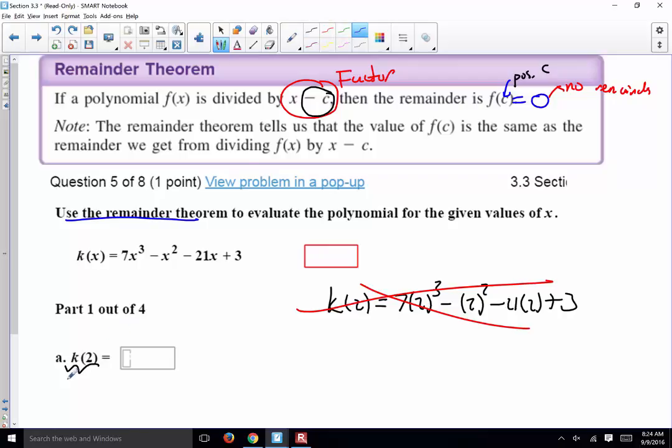Another way to understand k of 2 is, this is the remainder when k of x is divided by whom? K of 2 is a remainder. You're going to get a remainder value. I can compute it, but when do we get that remainder? When you divide this by a special expression, which is